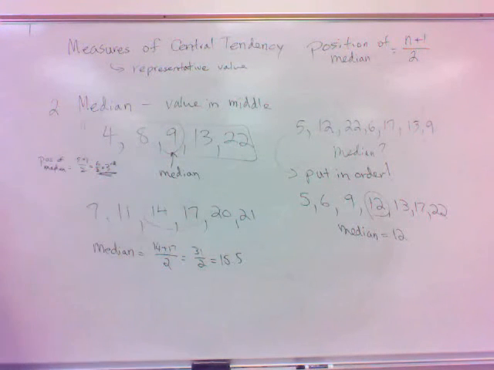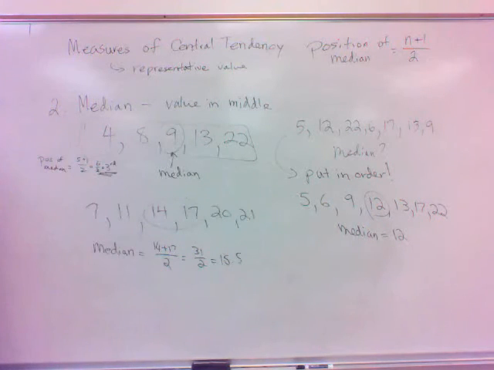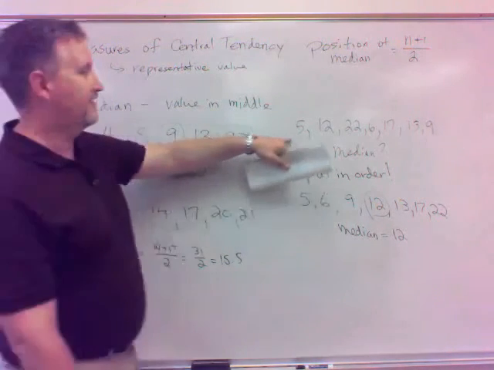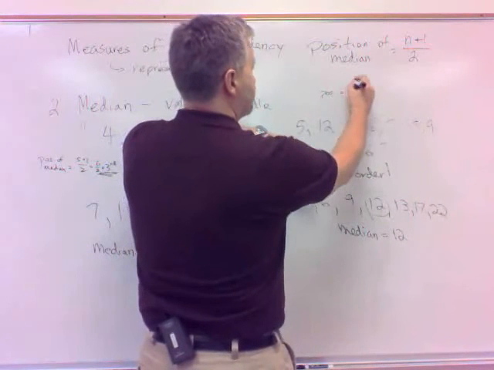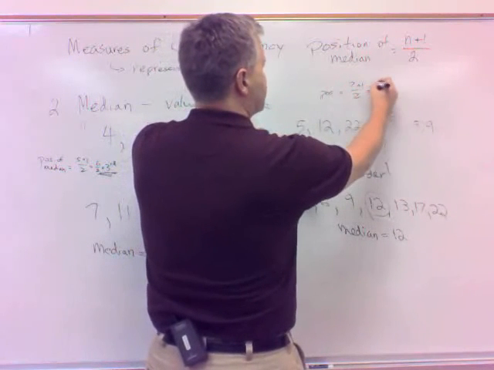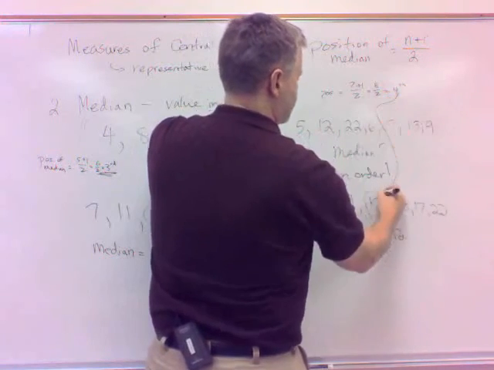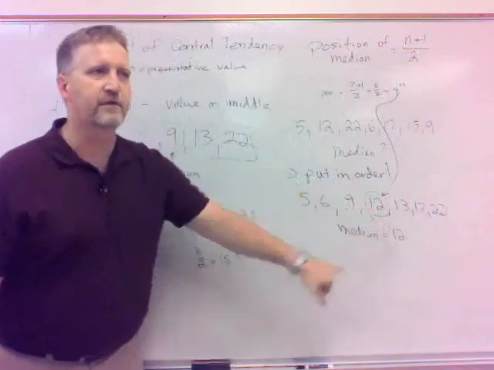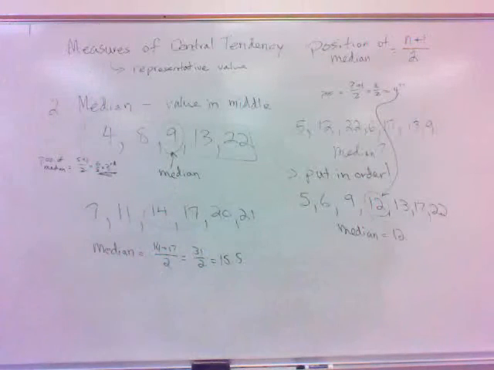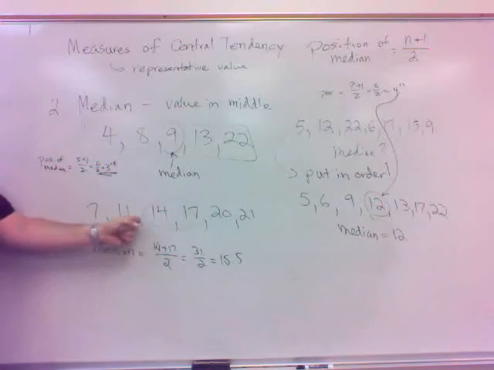Which position was the median in there? In the third position. Works the same thing here. I've got 7 values, so position of the median, that would be 7 plus 1 divided by 2, that's 8 divided by 2, so that's 4. Fourth position, which is exactly where 1, 2, 3, fourth position. Like I said, you don't need to do it on those smaller lists, but in a moment we will use it.